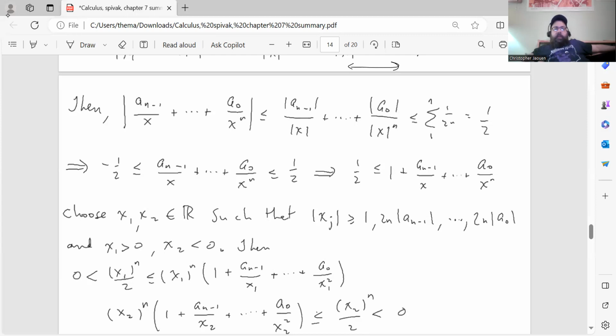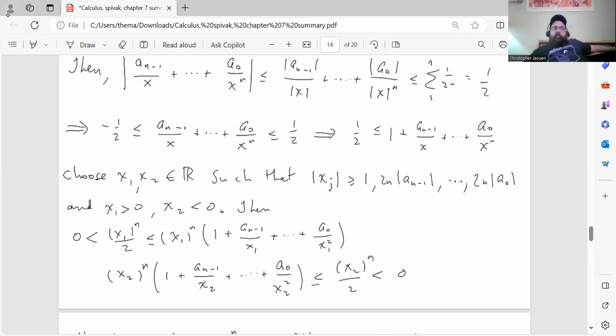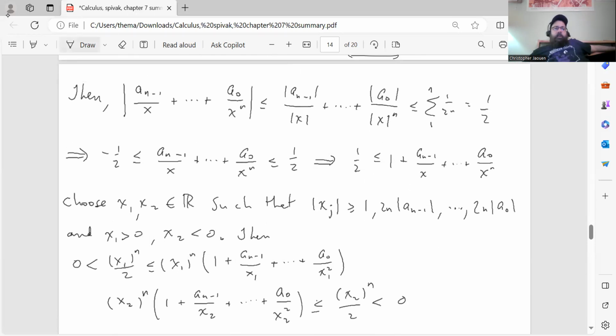And now finally we have what we need in order to do this. So choose x1, x2 in the real numbers such that the absolute value of each of those numbers is greater than the numbers that we wanted up above. And choose x1 to be positive and x2 to be negative. All right, then from this inequality here,